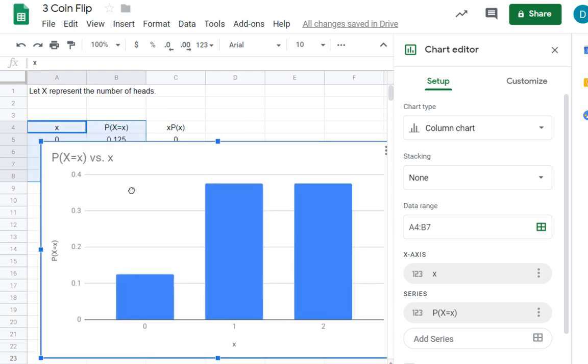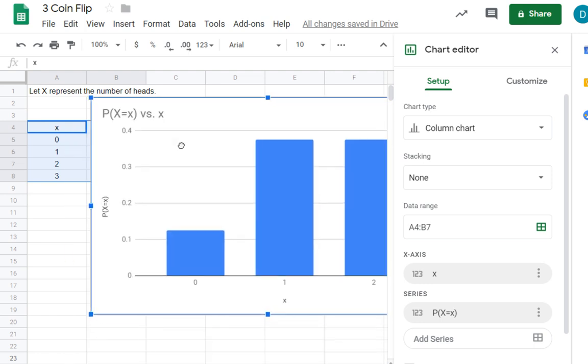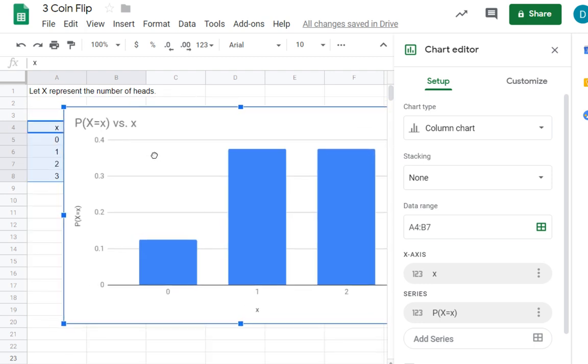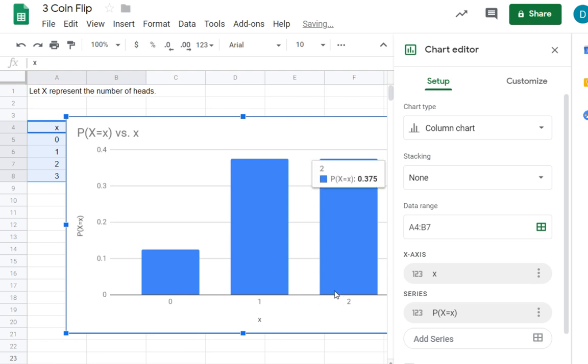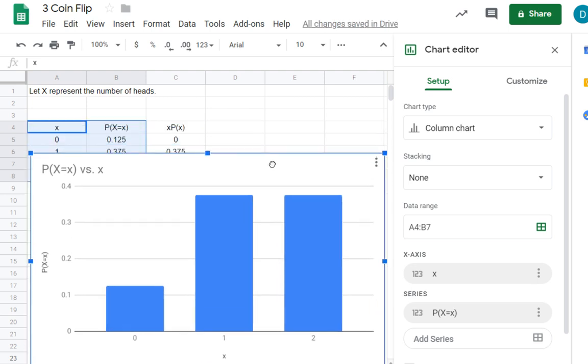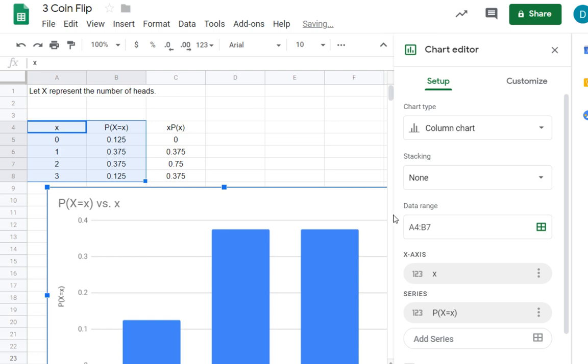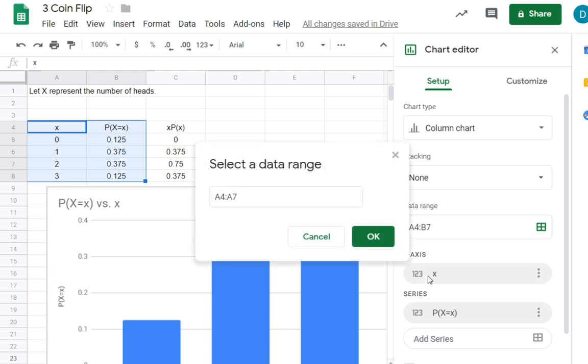Now I'm noticing here, sometimes we have to clean this up a little bit. So I'm noticing, for example, in this chart, for whatever reason, it's giving me 0, 1, and 2 for my X values. It's not giving me 3. So I'm just going to go in and fix that. So here, under the X axis, I'm going to click on the 1, 2, 3. That's allowing us to say, hey, where are these values coming from? And I can see that for whatever reason, the spreadsheet didn't go all the way to the bottom. I will actually want it to go all the way from here. And I'm just going to hold down the Shift key to select all of those, A4 to A8, and click